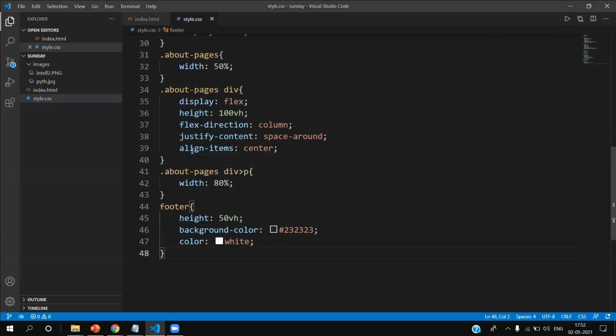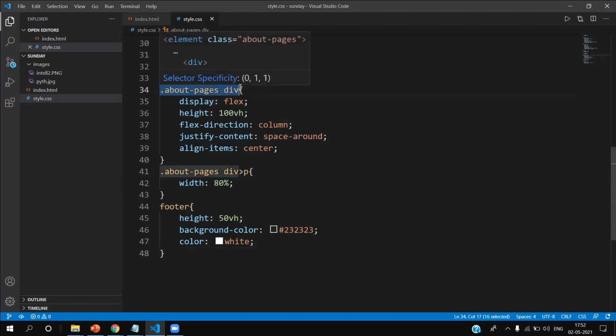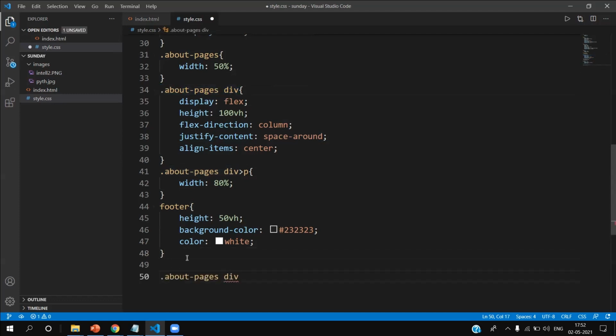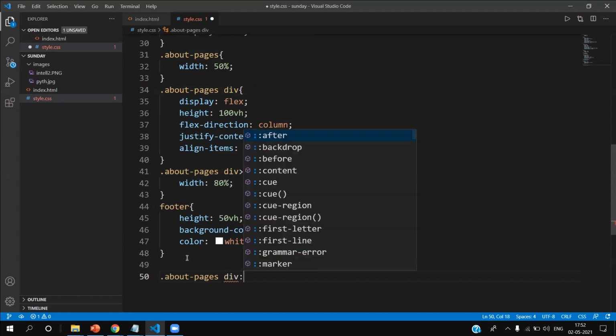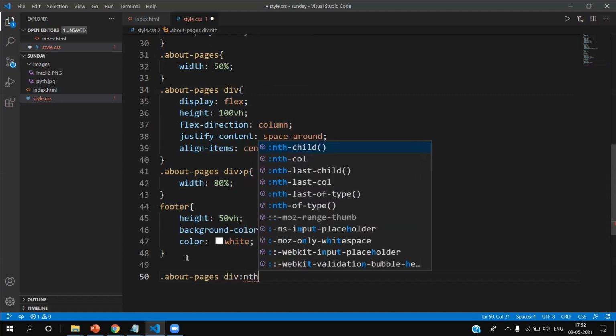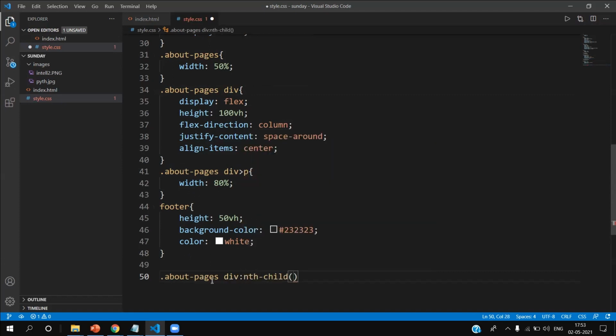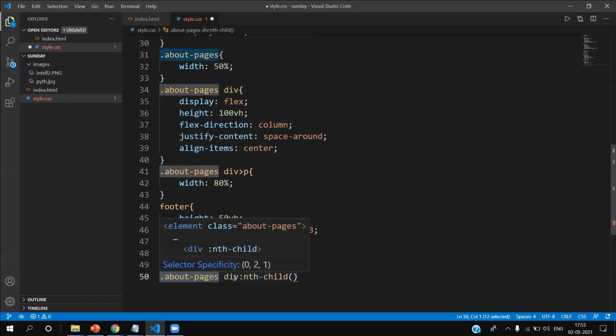To color that project 1, project 2, and project 3, as we didn't give each division a name, we'll do it in a different way. So let's just copy this name. Div, and now I'll give nth child. What does this mean? In dot about section, in this section we have divs.